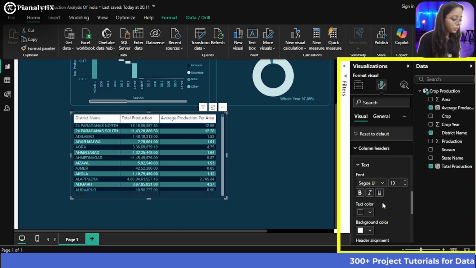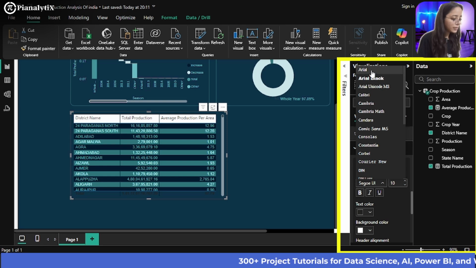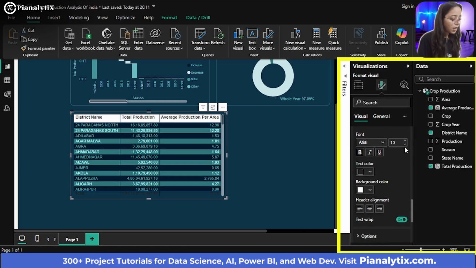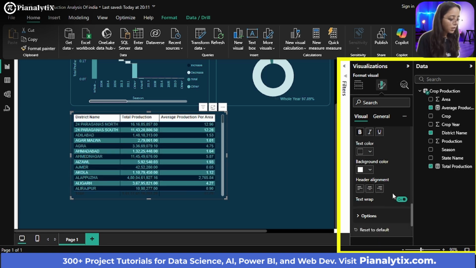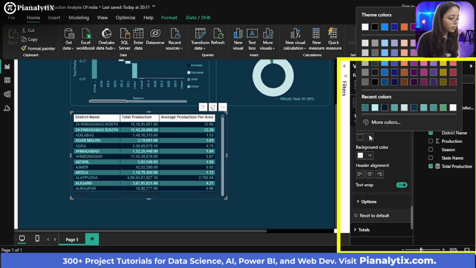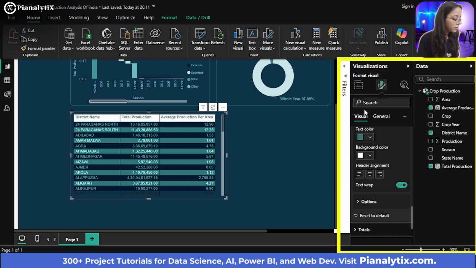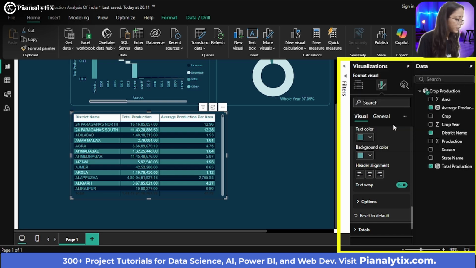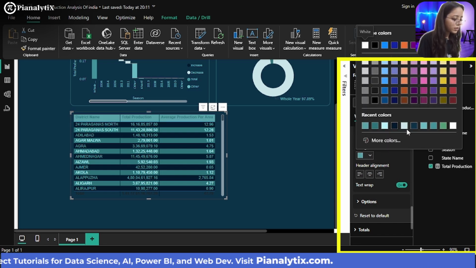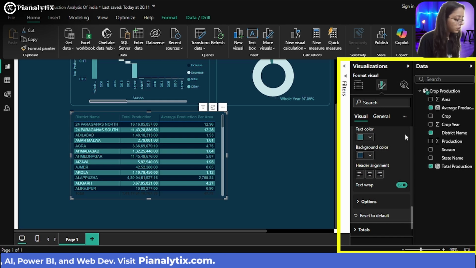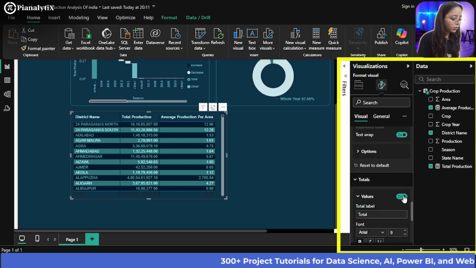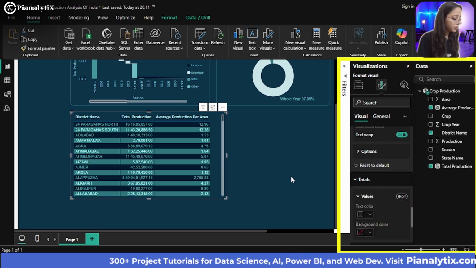And what you can do is my column headers can also be in Arial, let's say, and they can be in bold, and you can just resize them, and you can choose a text color, which is this one, and you can choose a background color, let's say you can go with something like this, or if not this, you can go with something much darker, and you can choose a text color which is lighter, and you can just switch off the totals. There is no need to actually see the totals, I'll say.